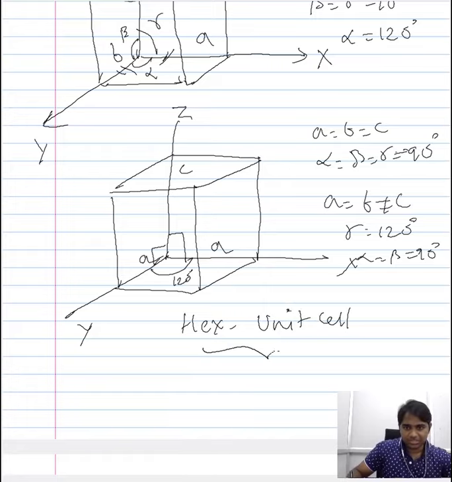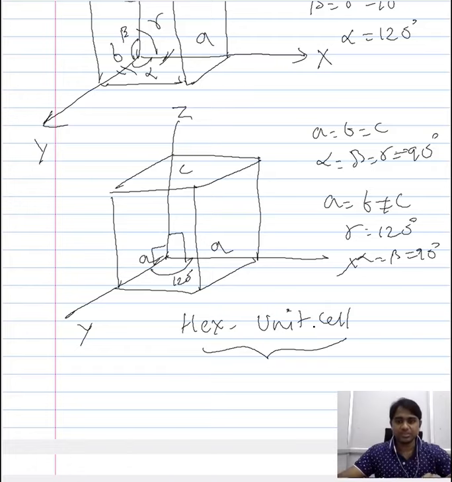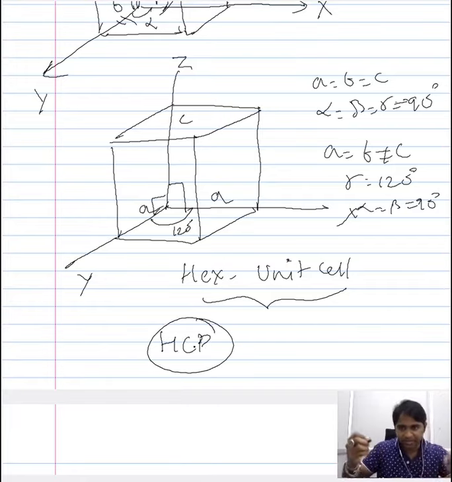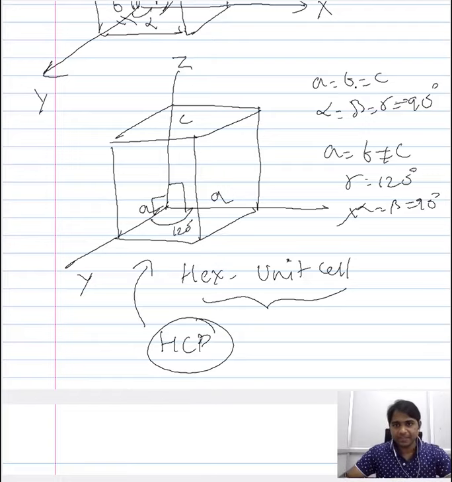So this is the unit cell that represents the hexagonal close-packed arrangement. This term you would have already come across. So in the hexagonal close-packed system, the unit cell representing the hexagonal close-packed crystal structure is of this form, and it is characterized by the equivalence between two dimensions, and the third dimension is not equal, and most of the time it is greater, and there is one angular dimension that is of 120 degrees.